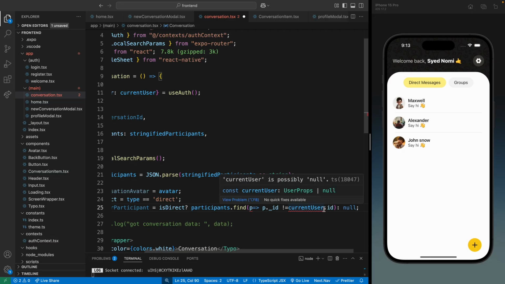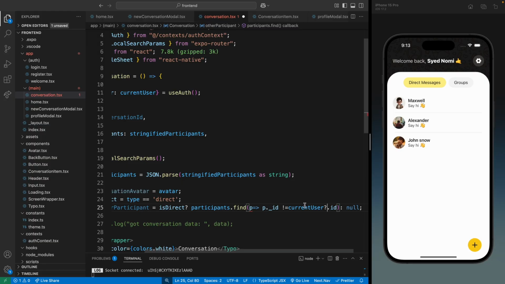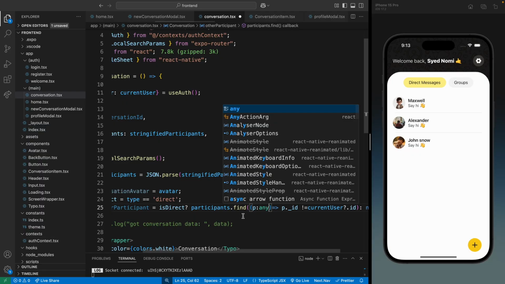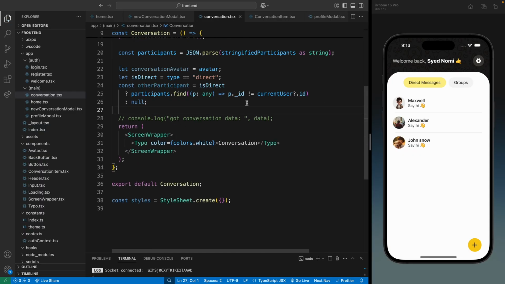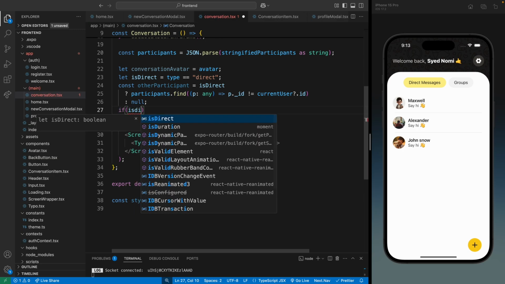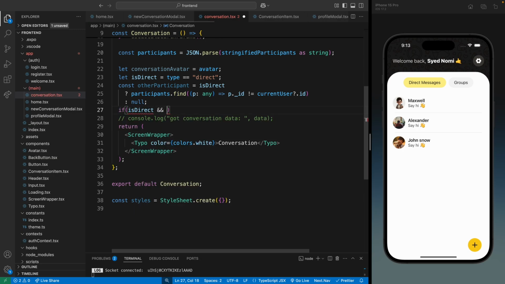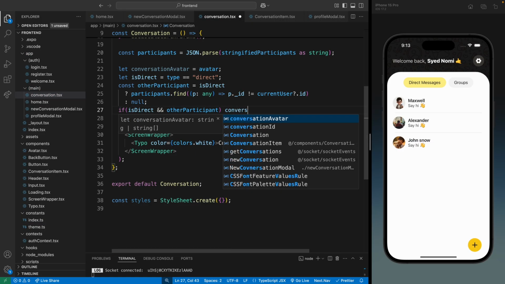So here we're getting this error. Okay, let's just do this. Okay, and let's make this any. Okay, great. Now we have the other participant and its property. So here we're gonna make a condition. If isDirect is true and we have the other participant, then we're gonna change the conversation avatar to the other participant's avatar